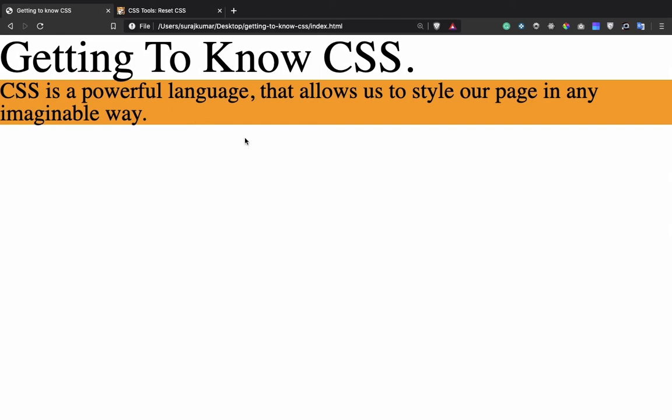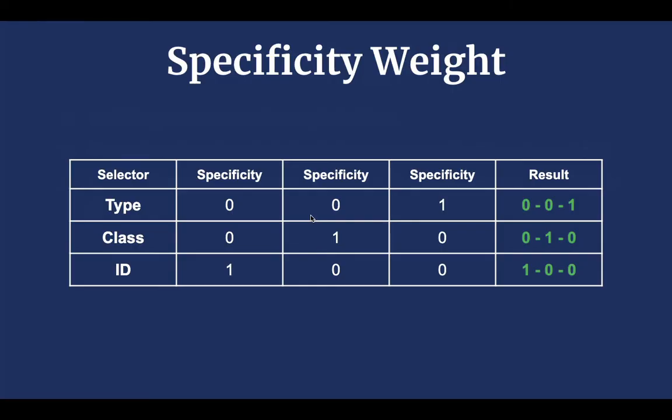That's how CSS works. However, the cascading rule may fail when we use different selectors to target elements in a style sheet. The specificity weight of different selectors breaks the cascading rule. So what is specificity weight of selectors? Actually, there are three types of selectors: type, class, ID, that we have already seen. Each selector has a specific weight in the specificity table, which looks something like this.